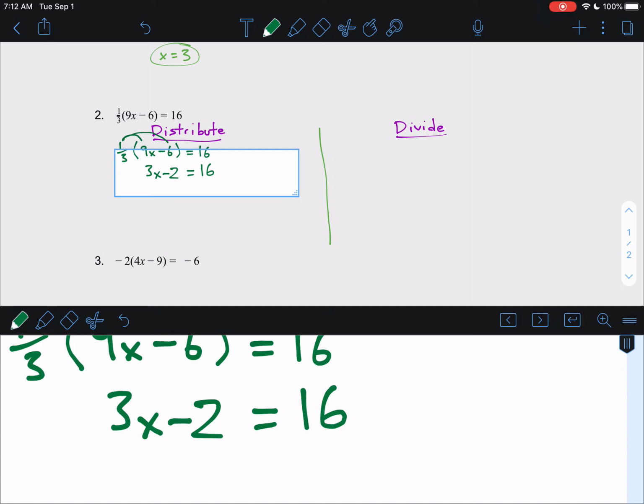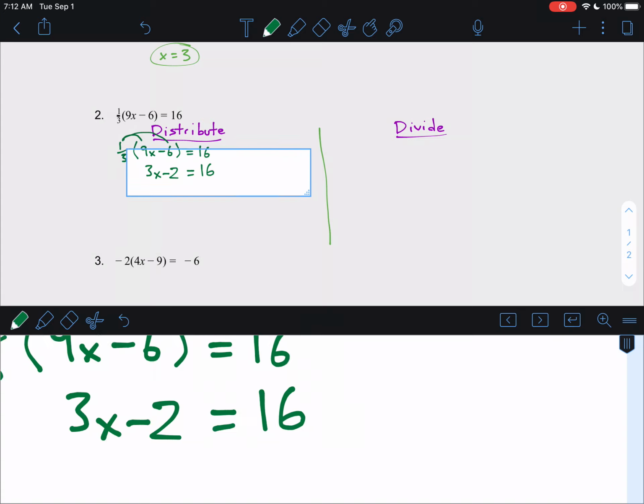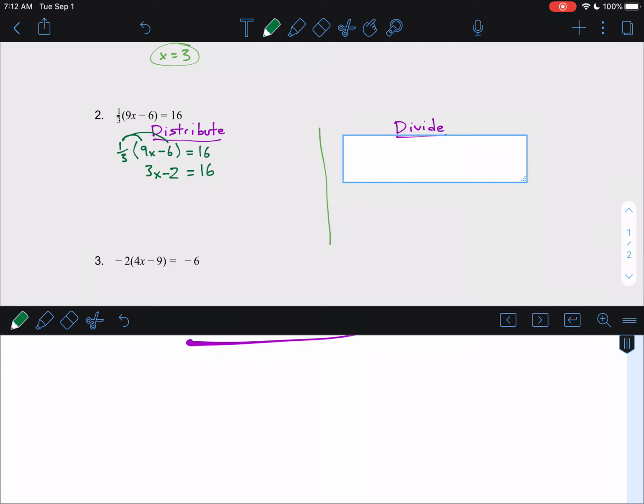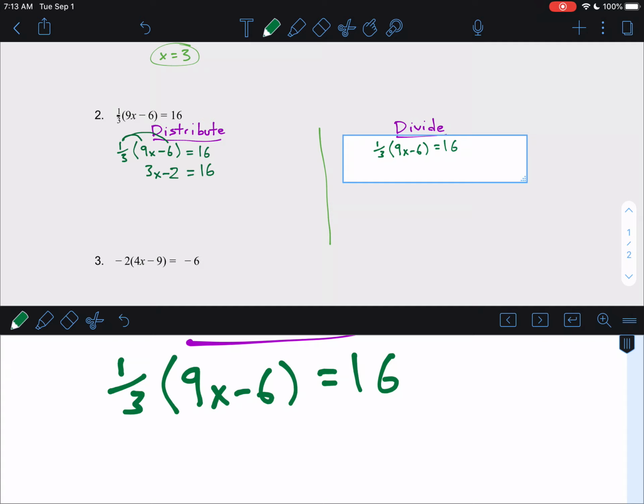So the distributive property applies to things inside the parentheses, and now I have 3x minus 2 equals 16. Whereas if I divide first, I will once again rewrite the equation. I had 1/3 times 9x minus 6 equals 16. I'm going to divide both sides by 1/3, or if you'll remember yesterday,